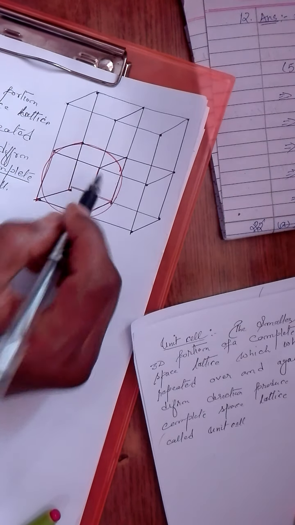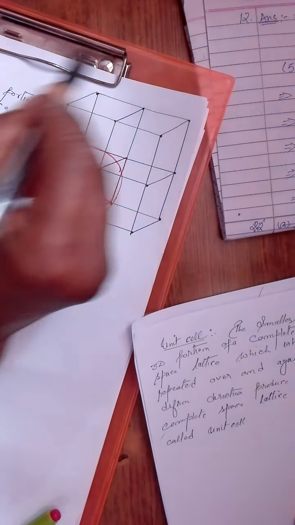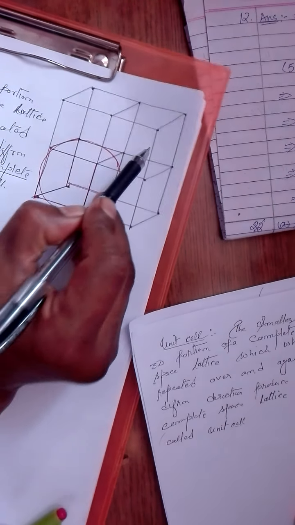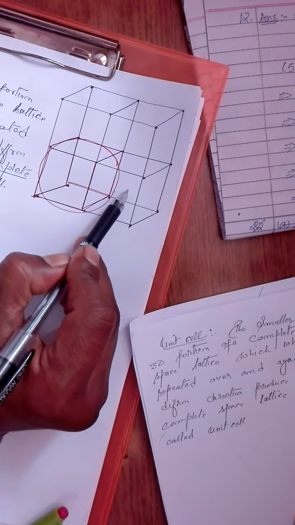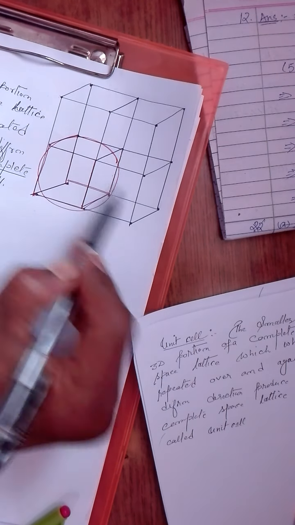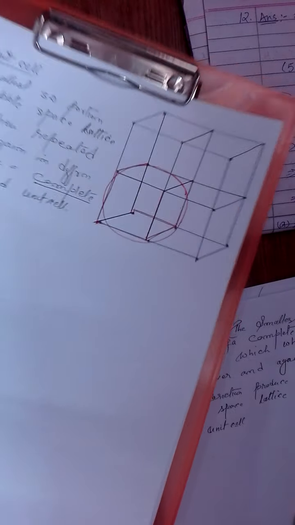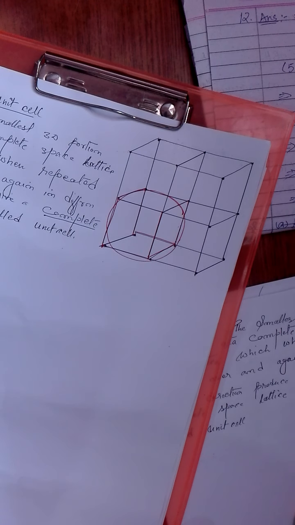In this whole geometry, this one also becomes a unit cell, this one also becomes a unit cell, if you take only a smaller portion. But the whole part of it will give us the geometry of the crystal lattice, right? Actually, if you see in this lattice that I have represented,